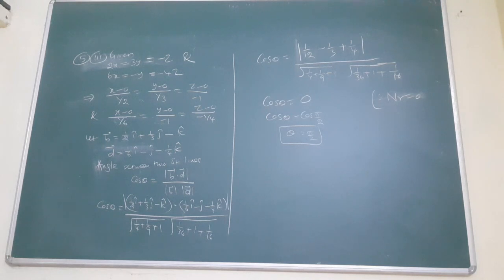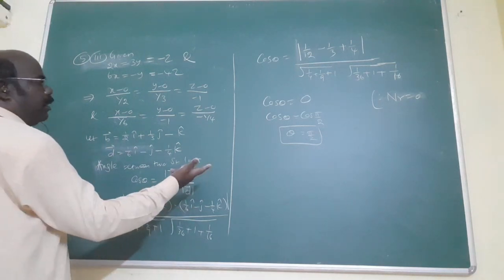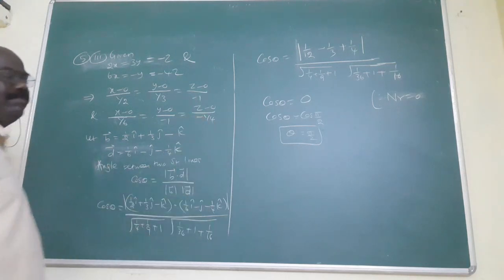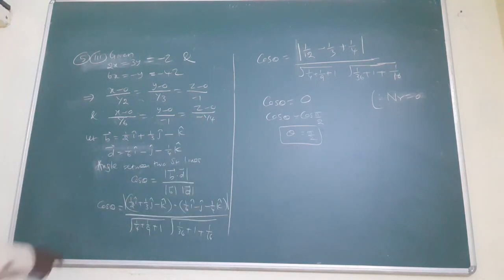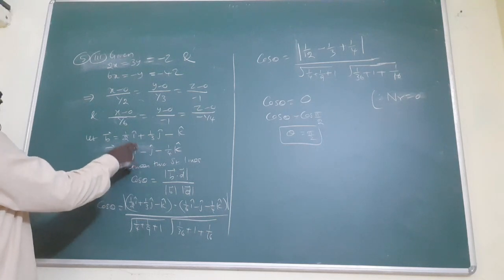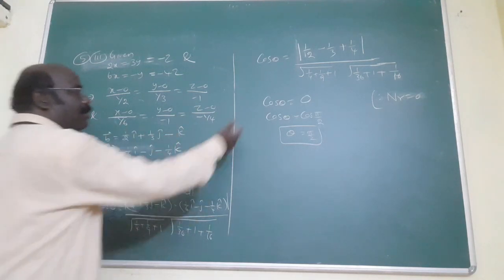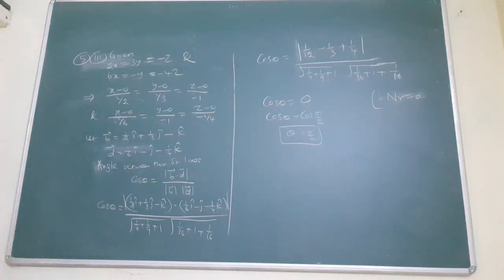Am I correct? Already told you, b dot t equal to 0 means they are perpendicular. They are 90 degrees. That's all. Suppose in this particular problem you want to guess these two, the dot product of p and t. Suppose it is 0, then you need not write this one. Direct right answer. But if this type of question is asked, verify: first find b dot t alone. Suppose it is 0, then automatically they are perpendicular, theta is 90. Afterwards find the denominator, then divide, and we get the cos theta. Am I correct? Three subjects are there, two more, three more concepts. All the problems are over.